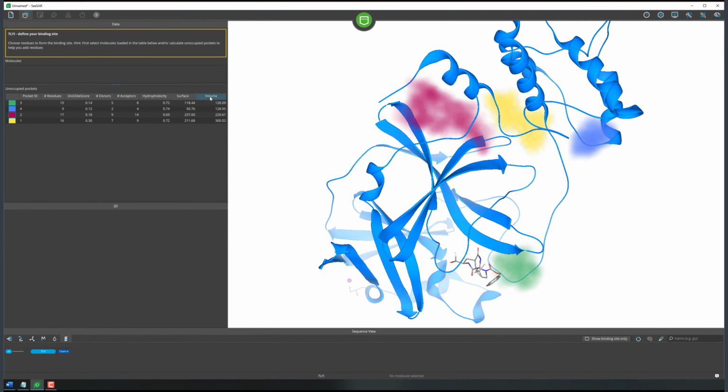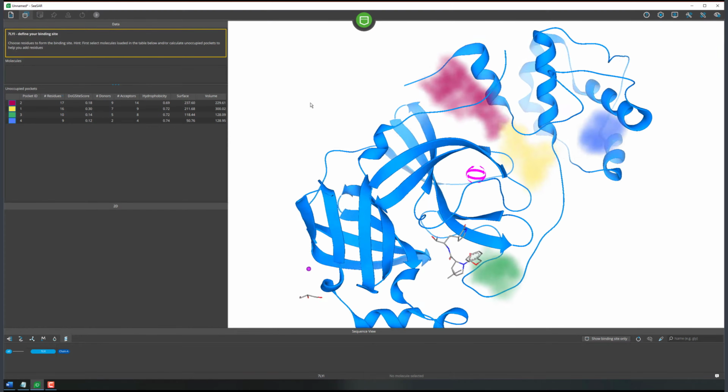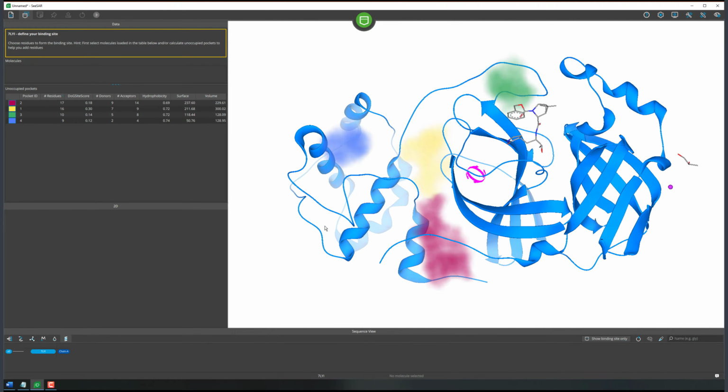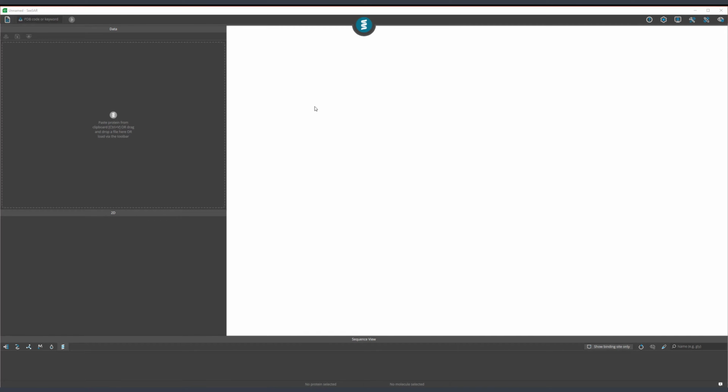And all of these columns are sortable, which means you can choose any one of these parameters to make your decisions on selecting binding pockets in case you start with a protein without a definition of a binding site. The next cool new addition to SeeSAR 11